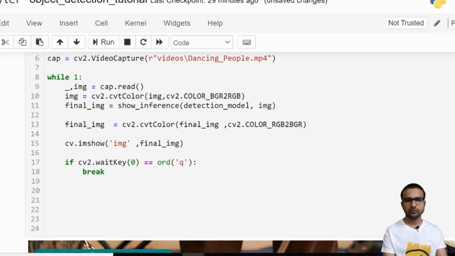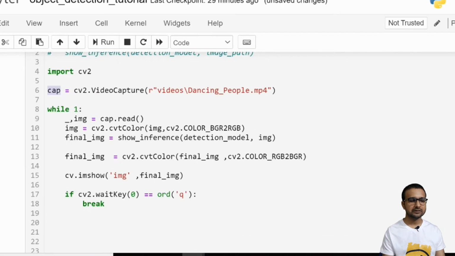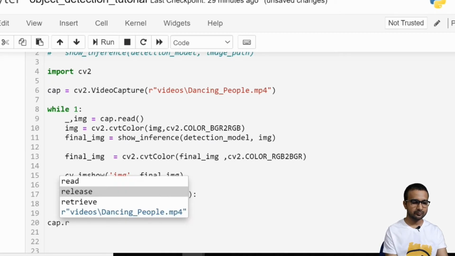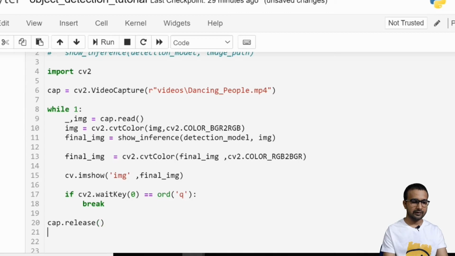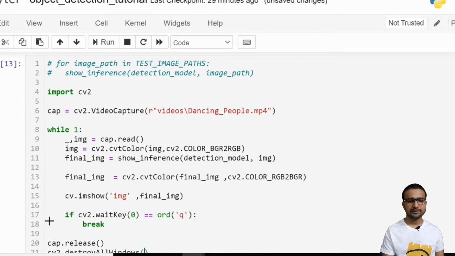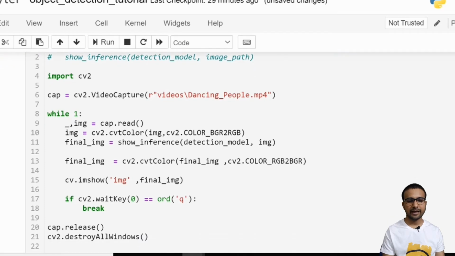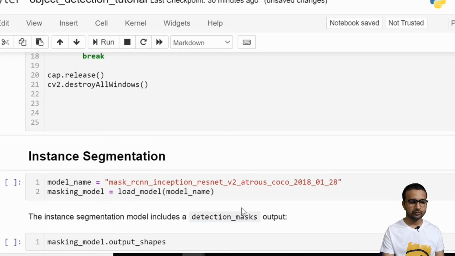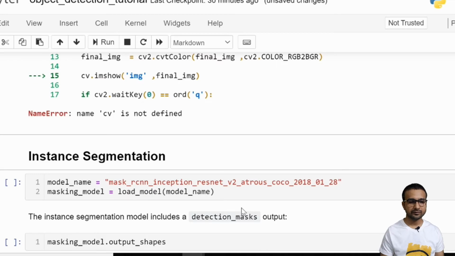Lastly, we need to destroy all the windows, and we also need to release this capture. So you can write cap.release, and in the last you can write cv2.destroyAllWindows. This is all guys. Now you just have to run this, and this will be able to generate the frames.